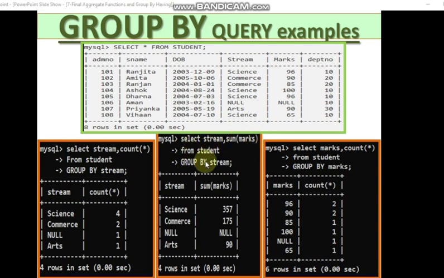This time you are summing the values from the marks column. All the marks values will be given but grouped by stream. Now how will the output be? Science. How many times has science come? Science has come 4 times. So 96.